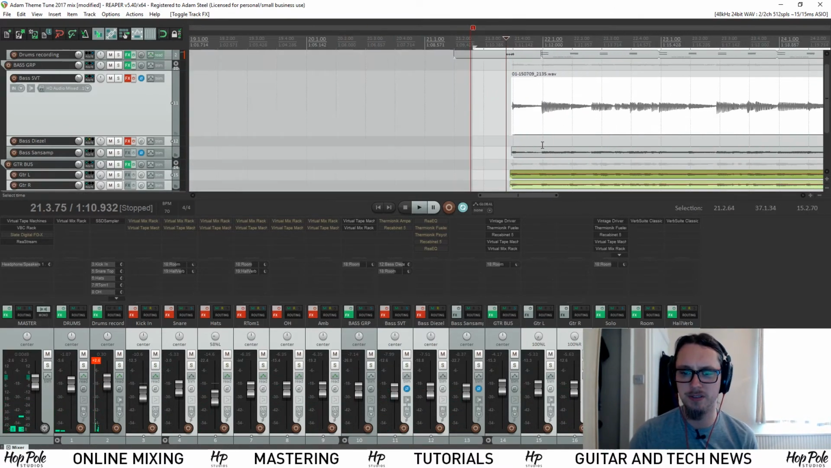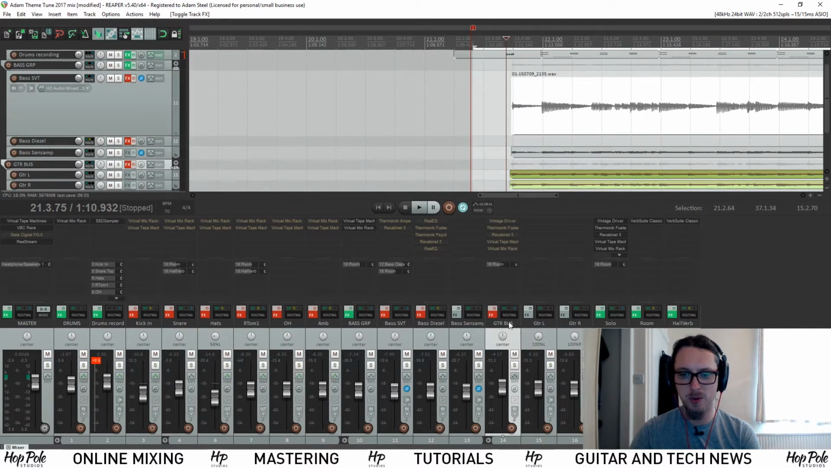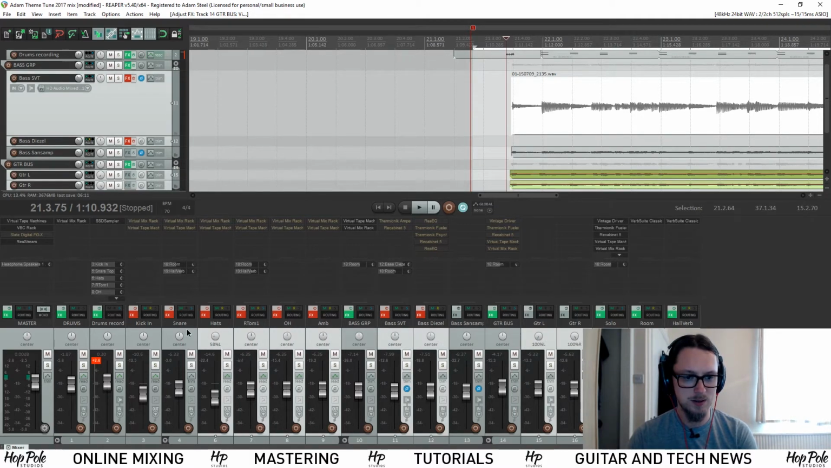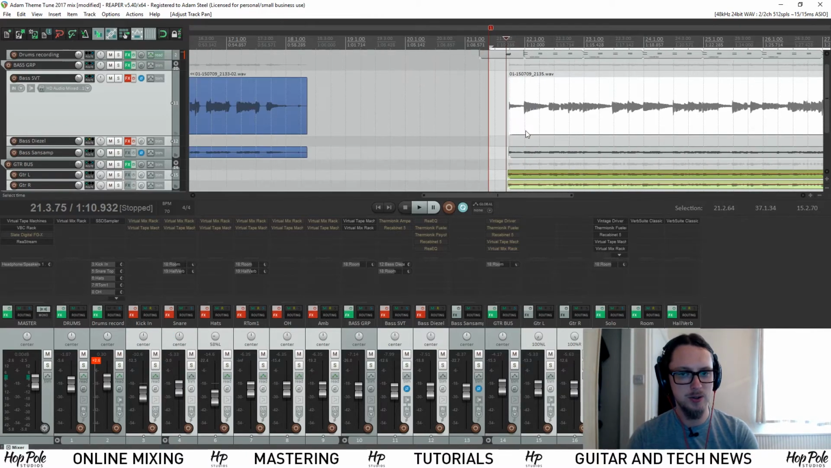In an unusual turn of events, I actually had the guitars going through a bus which had the amps on, which is quite unlike me. But there you go. So if we select these again, bass, overheads, rack toms, and hit play, you'll hear